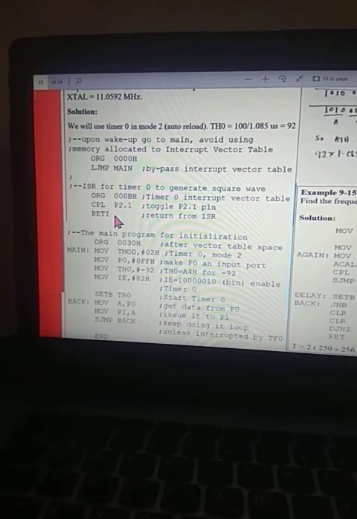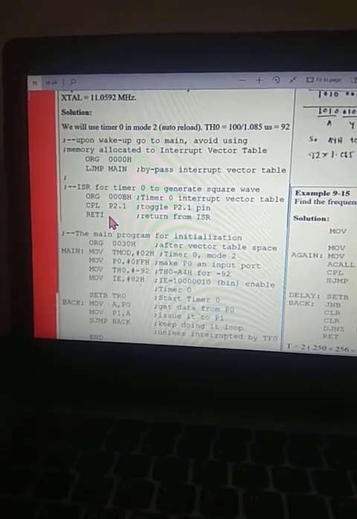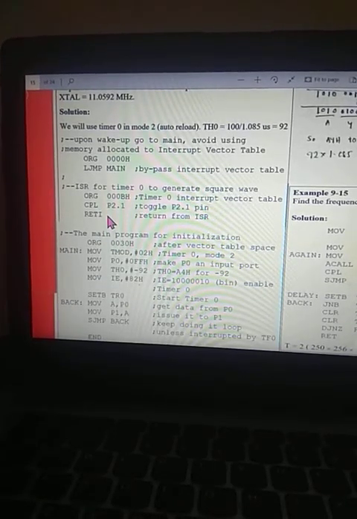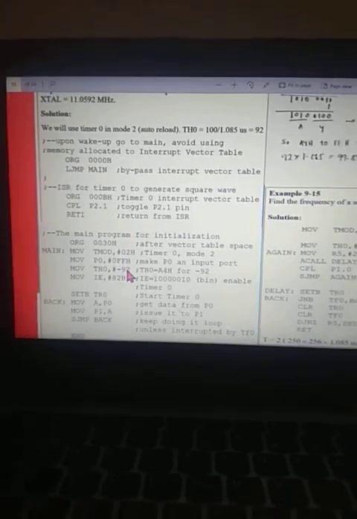It is still continuing, so any other interrupt in line or in queue will not get attention. So this is also another difference: with RETI the interrupt is over, with RET the microcontroller still feels that one interrupt is there. In this way RET and RETI differ.